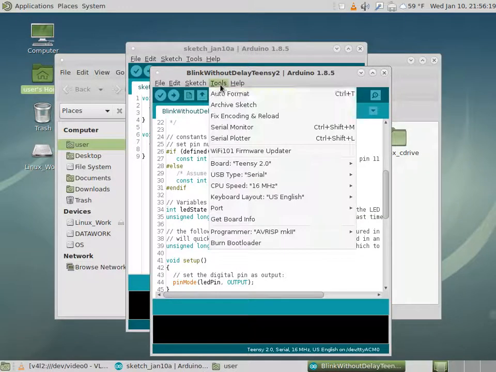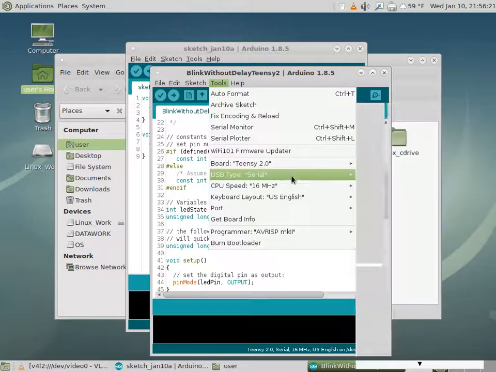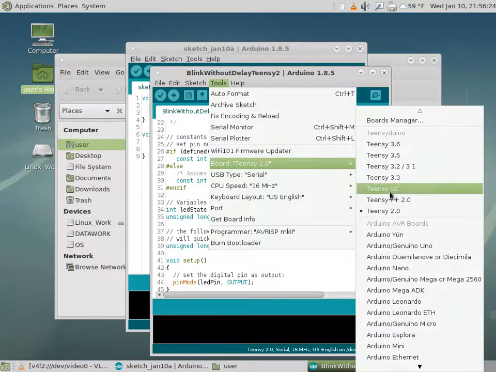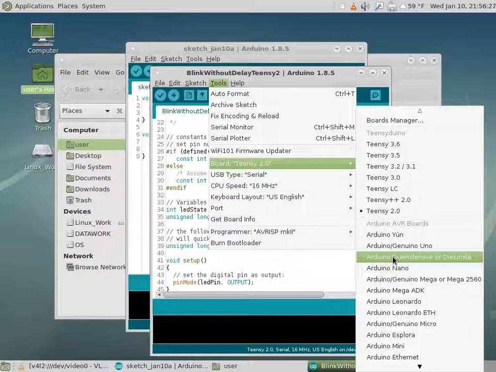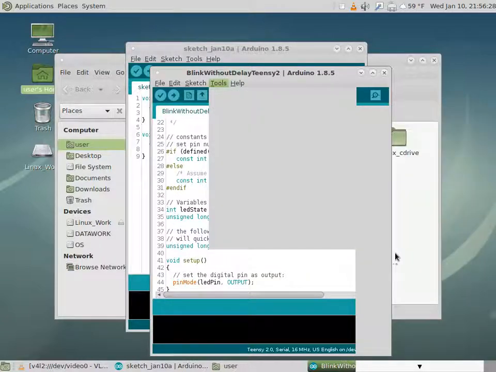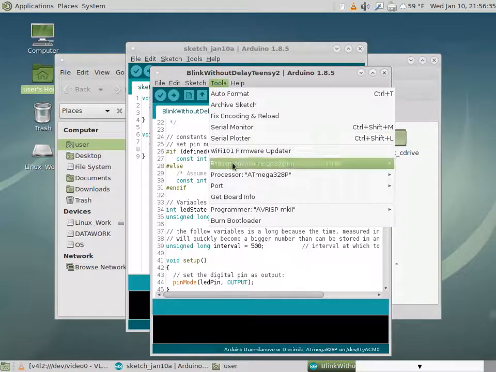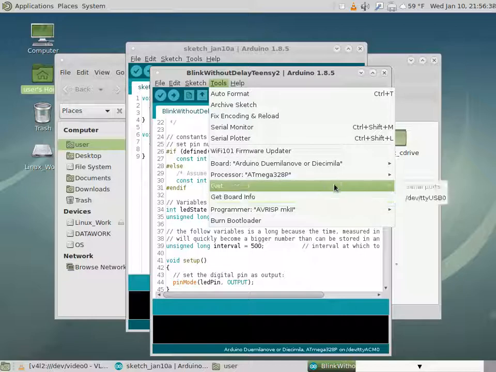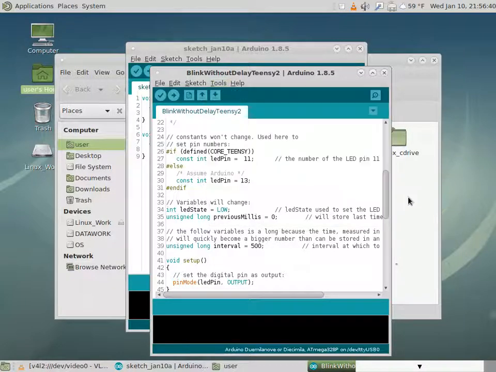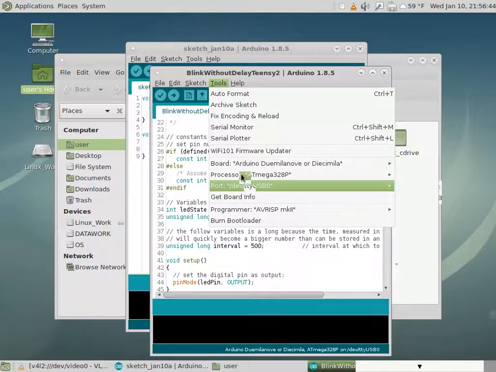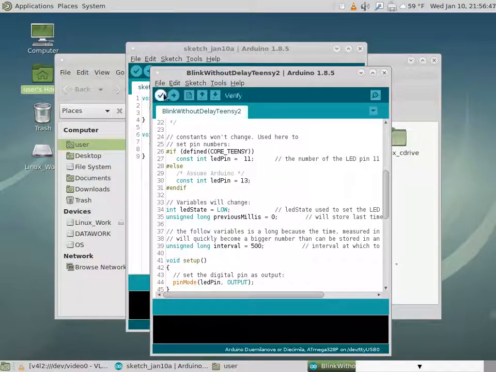If you look under the Tools menu, you see the board selection. If I select Arduino Duemilanove or the ATmega328, that's compatible with the Diabolino. After it sets up, you look for the port, and assuming you've plugged it in, you click on that and it enables the port. You see it's checked now. Now that the port's enabled and it knows which processor it's using, it can